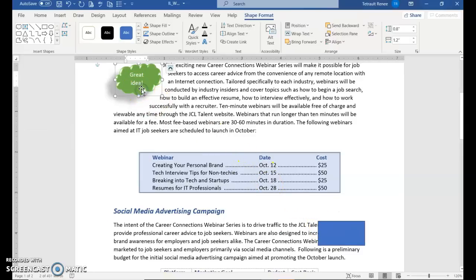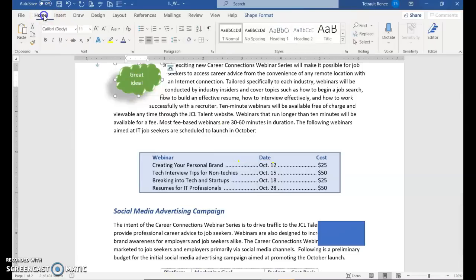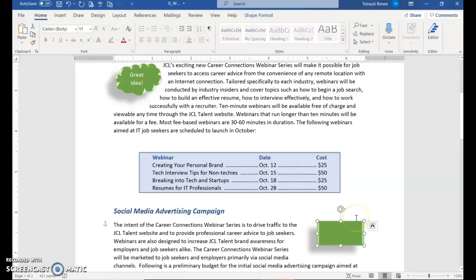So if you click the cloud one and go back to the Home tab, you're going to choose Format Painter and then click the rectangle. So what it did is it formatted both the color, the shading that we used, and also the reflection, which is that preset. The only thing it didn't do is change the shape, not yet. What we'll do now, with the rectangle just selected, click the draw